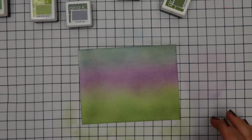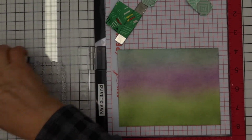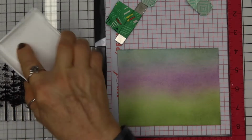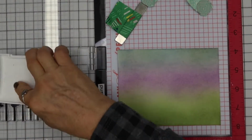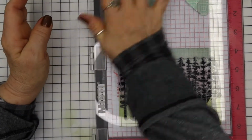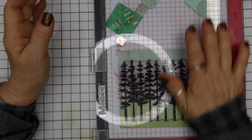So I am going to stamp now the trees. Just going to stamp them in a basic black. I thought about doing some embossing on there, but I really wanted them to be more of the flat black. So I'm going to put those in my Misty, and I'm going to stamp those. I had to stamp them a couple of times. It's a brand new stamp. So I've got those all stamped out